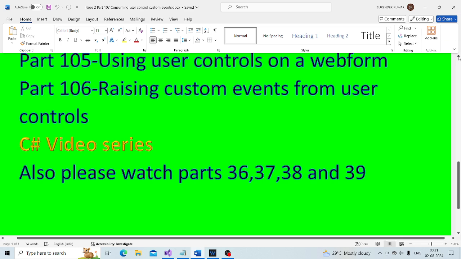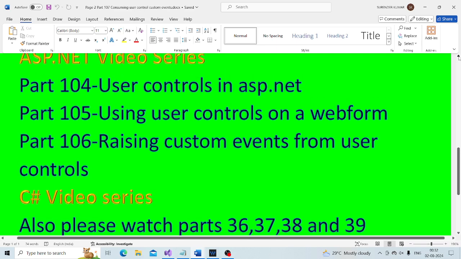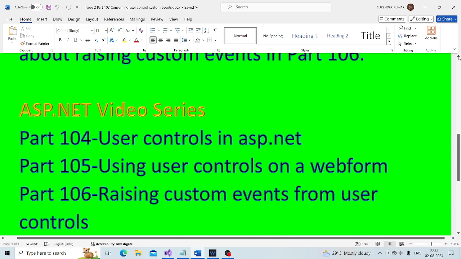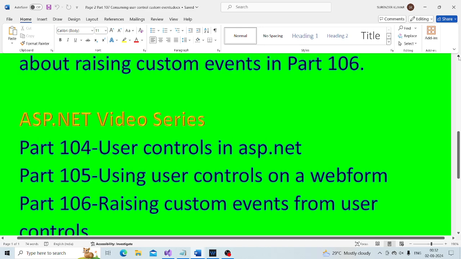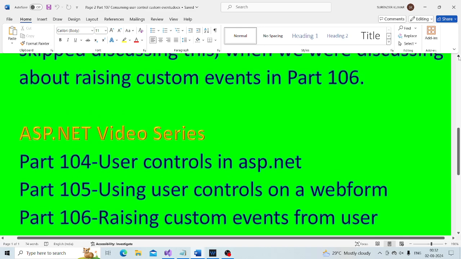First, let's understand how we actually hook up the click event handler to the click event of the standard ASP.NET button control.